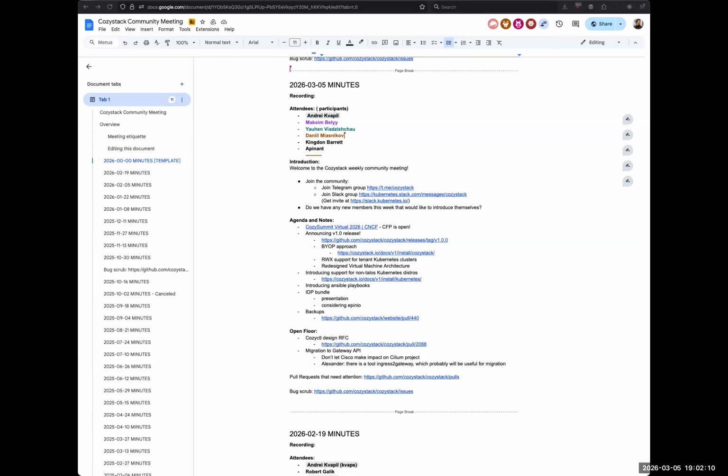Yeah, I understand. There is a question from the chat: why are we still using MetalLB and not just Cilium? Because we want to be vendor neutral, and MetalLB, from my perspective, is a more production-ready solution. It has additional high availability options when the Kubernetes API is not accessible, which Cilium does not have now.